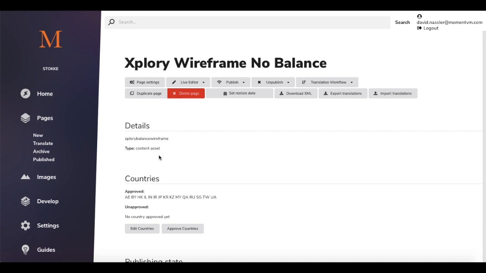Okay, so we have here the page overview, and now you see the Live Editor, and you can select the language which you want to preview. So, okay, let's now go into Belarus. It's English, so I think you all understand that. Maybe it's a bit hard to read that in Japanese.